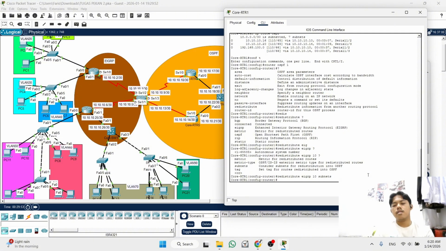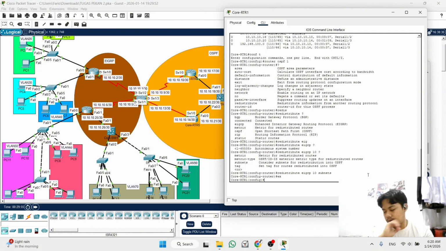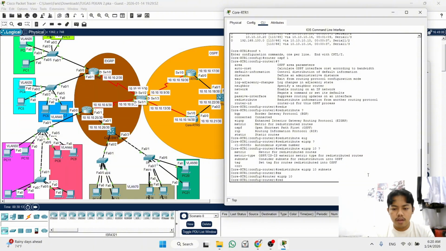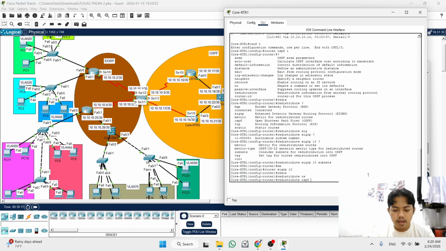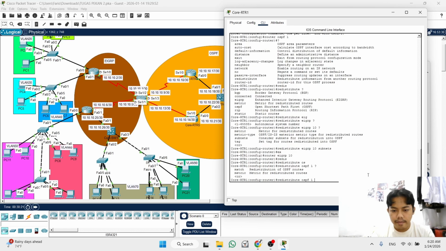Now we are going to configure redistribution for EIGRP. Go to router EIGRP, and then you write redistribute OSPF 1, and then metric.